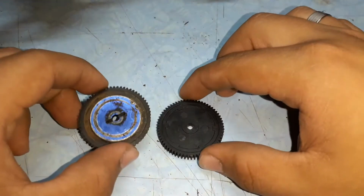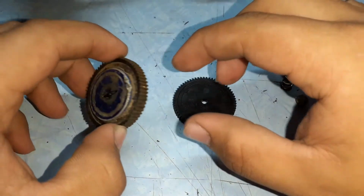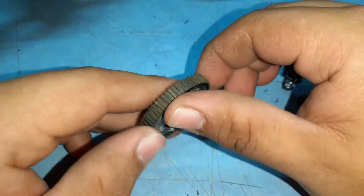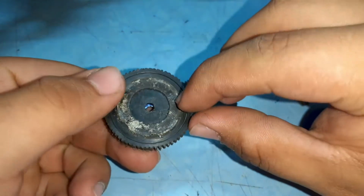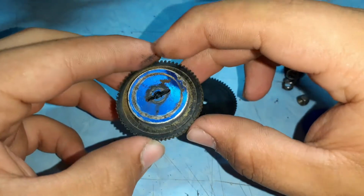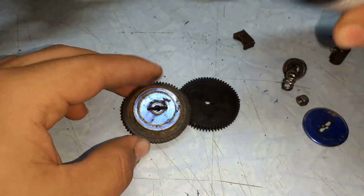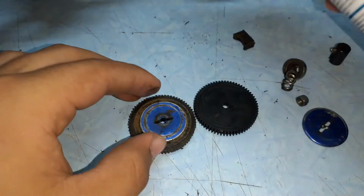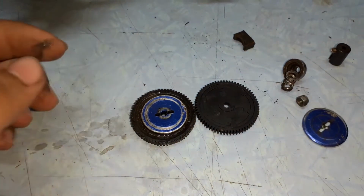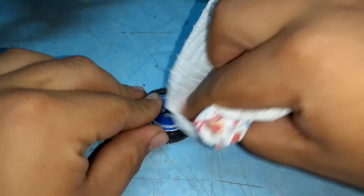Okay guys, so now I'm going to assemble the new gear, and this gear is called an integrated clutch. This acts as a drive gear and also as a clutch, and I didn't note this is a clutch material, which is on this side, and this is the rear side, and there's this pressure plate. I'm going to clean it up so everything goes in nice. This is brake clean, it's a degreaser,